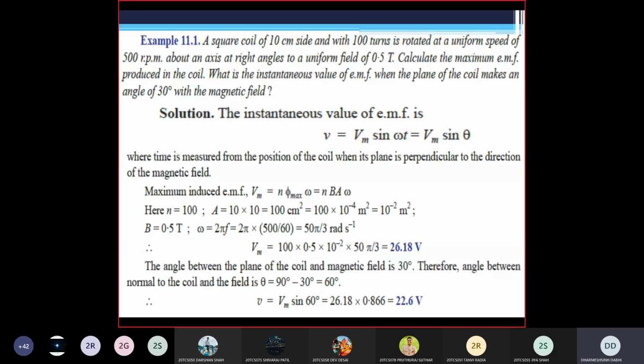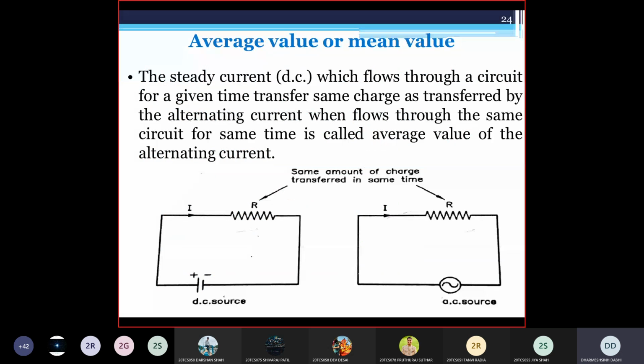No, sir. Okay. So let's move to the next topic, average value and mean value. So how to find out the average value, or we can say the mean value, of the AC quantity, or we can say this sine wave. So the definition of average value or mean value is that